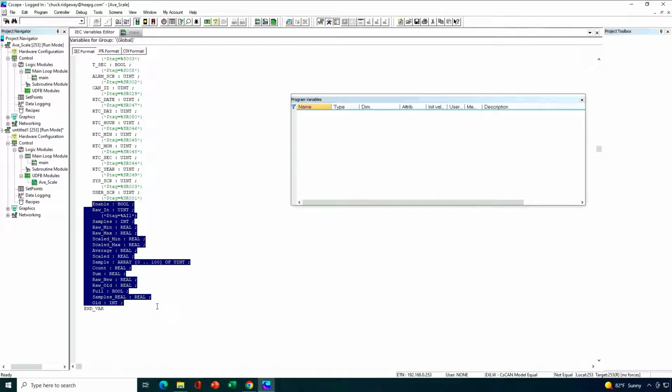It's because it's very easy to copy the variables that are used in that program because they're all pretty much right there together. And that's also the reason I used global variables for everything in this logic that I created and tested, again, to keep all the variables in one place that I could easily copy. So I've highlighted them all. I'm going to hit copy. Now I'm going to go back again to my other program